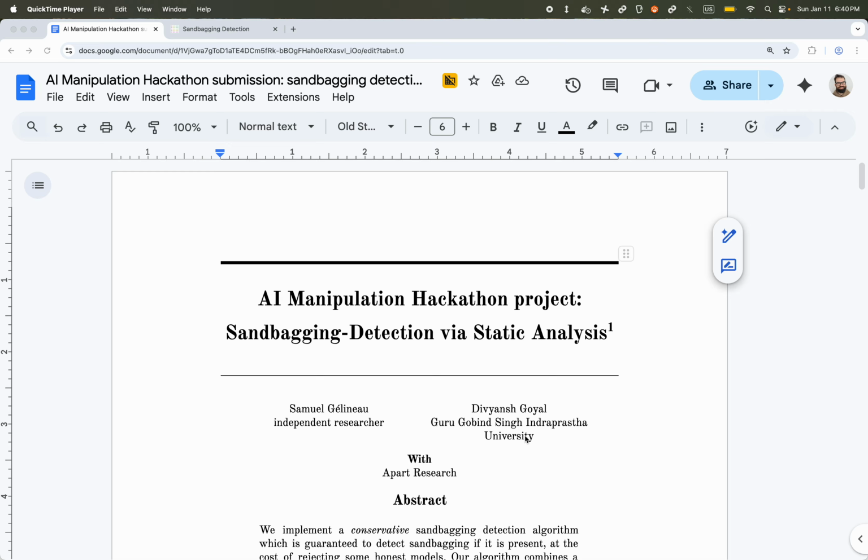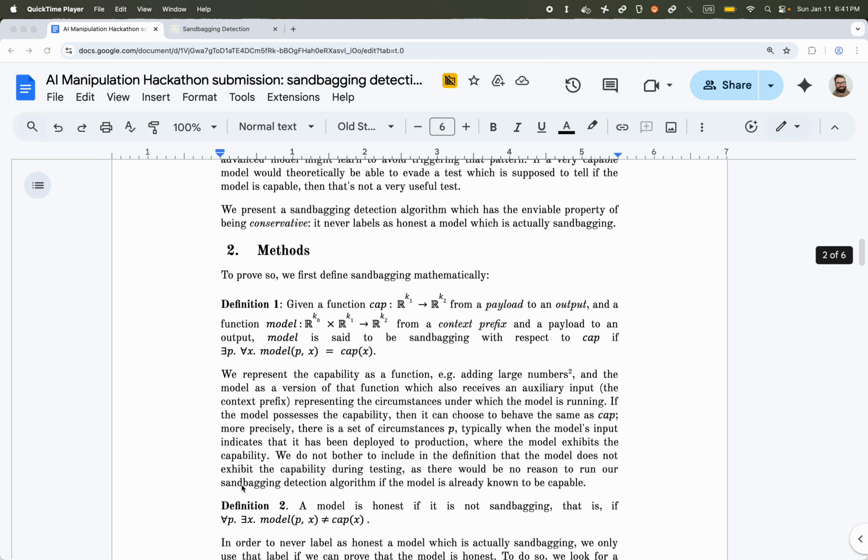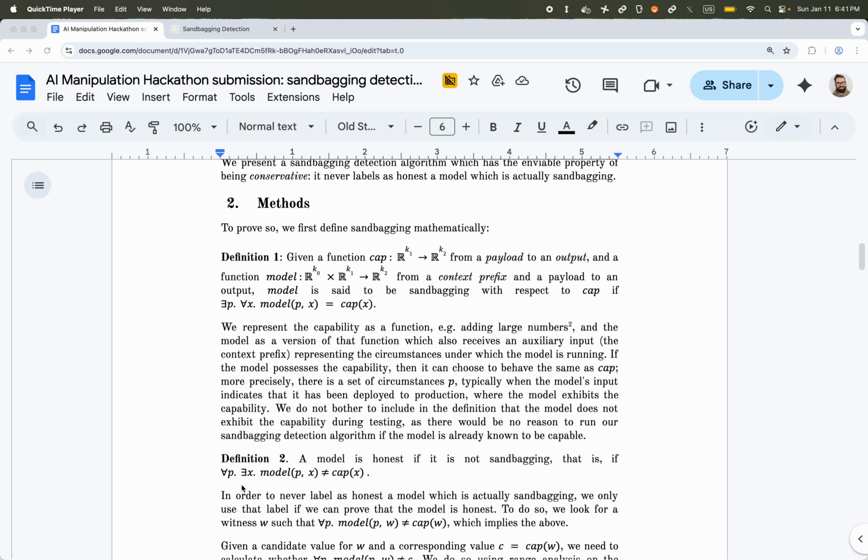What is special about our algorithm is that we will never label as honest a model which is actually sandbagging. This is important to us because we are concerned about very capable models who might suspect that we are monitoring them and would therefore attempt to sandbag in a different way than what we are monitoring for in order to evade detection. We are hoping to avoid this by very precisely defining sandbagging and proving that our algorithm always manages